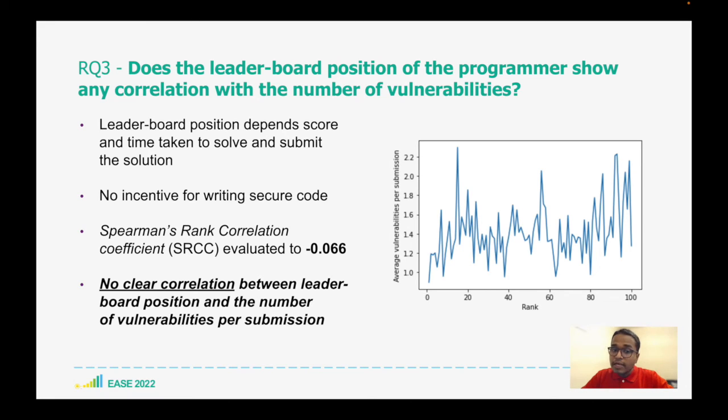We obtain a Spearman correlation coefficient of -0.066, which indicates that there is no clear correlation between the leaderboard position and the number of vulnerabilities in the submissions. We also conclude that the highest ranking submissions are not necessarily those with the least vulnerabilities. Hence, the current system has no real incentive for writing secure code, and its effects are clearly visible in these